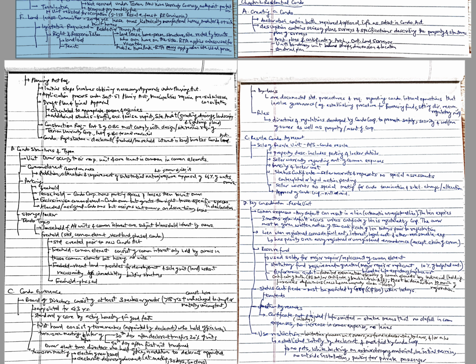The storage locker, as with the parking spaces, can be grouped under 4 categories. Freehold, in which the unit owners own the storage locker. Leasehold, in which the condominium corporation retains ownership and leases to unit owners. Exclusive use common elements, in which the right to specific locker space is set out in the declaration. And allocated or assigned, in which the lockers are assigned on a discretionary basis by the corporation.